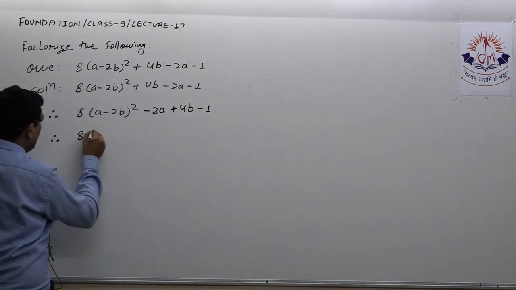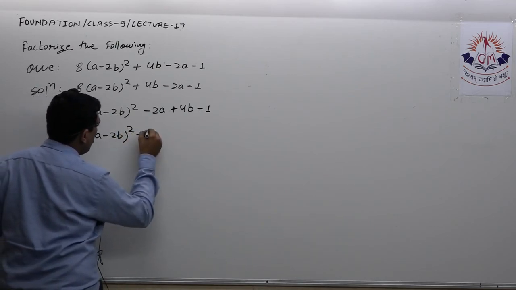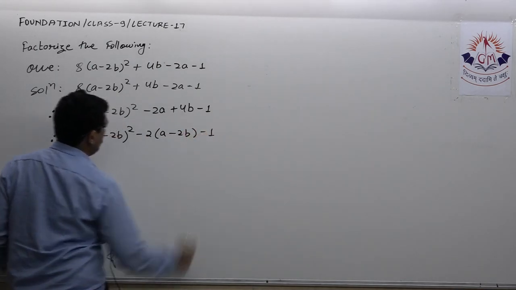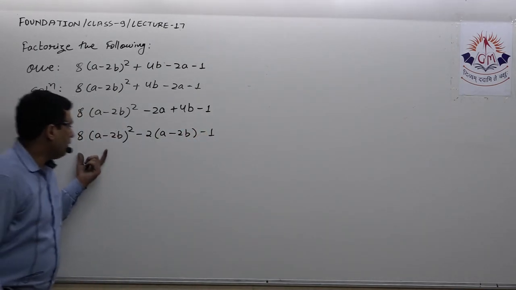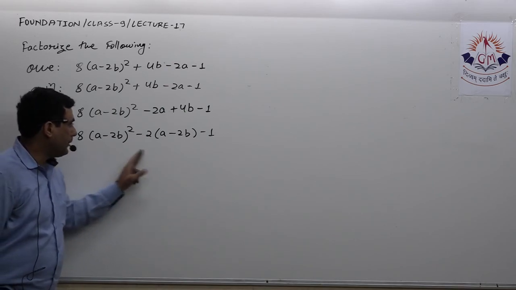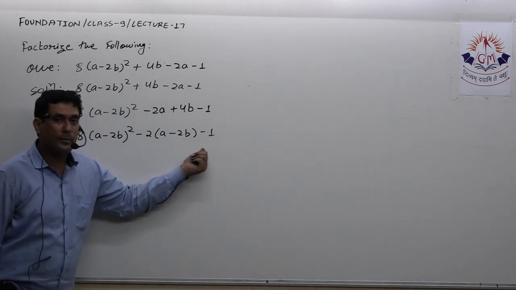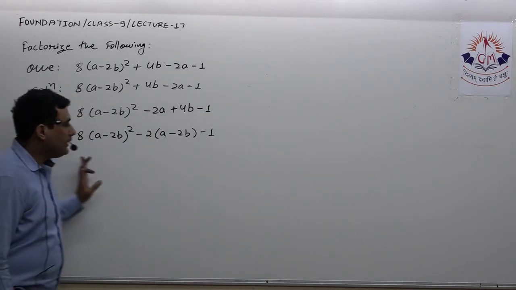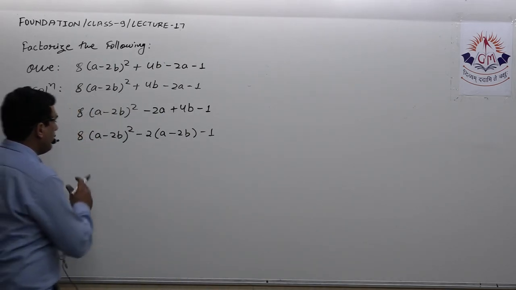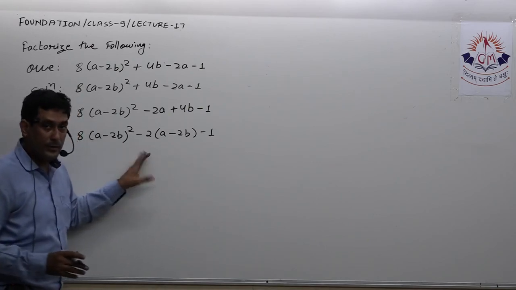Now 8a minus 2b whole square. From this I can take minus 2 common, so a minus 2b minus 1, isn't it? Now this is not the complete square, otherwise we can try the identity of a square minus 2ab. Also this is not positive. It is also a square, but it is not positive. So here definitely we are not going to get a minus b whole square or a plus b whole square. So we have to apply the method of splitting the middle term.